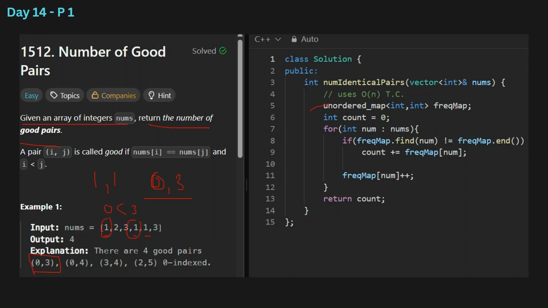So we are creating a hash map, which is a frequency map, which maps number and its frequency, right? And we have to add this frequency to the count on every iteration. Okay, so we are initializing count as 0 and we are traversing through the vector, and if we find that particular num in the hash map, then we will add the frequency into the count, and then we'll increment the num in the frequency hash map. Okay,